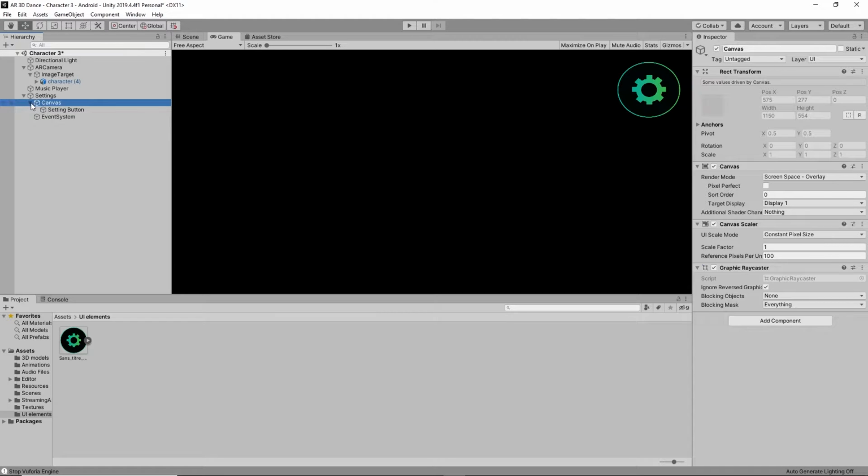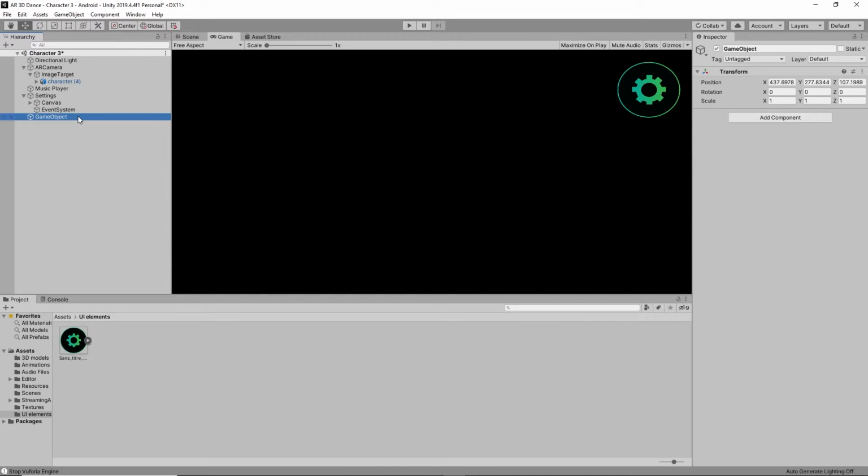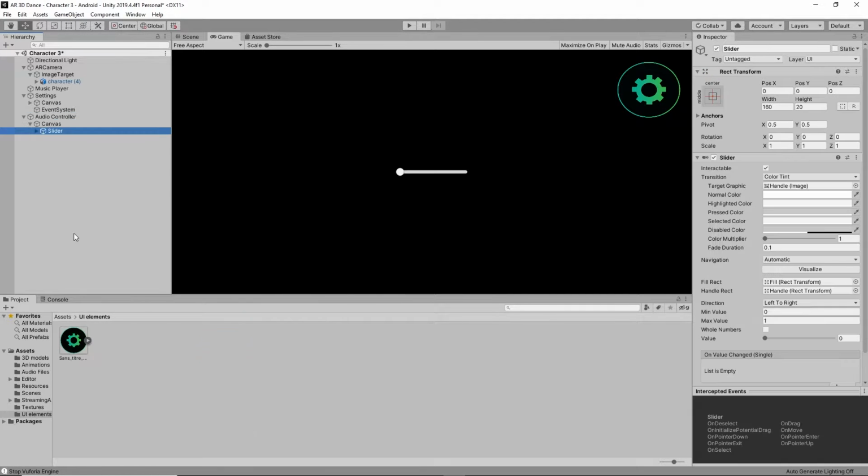To take a slider, just leave it like this and take another game component. Before that, create empty and you can name it as audio controller like that. Yeah, I'm naming it as audio controller and saving that. In that, I'm going to take a slider like this. See here, if I take a slider alone, it won't be understood, right? So I'm going to take some text and write that in the slider.